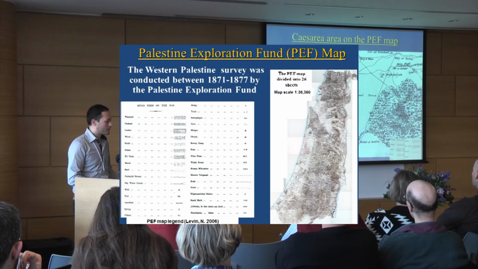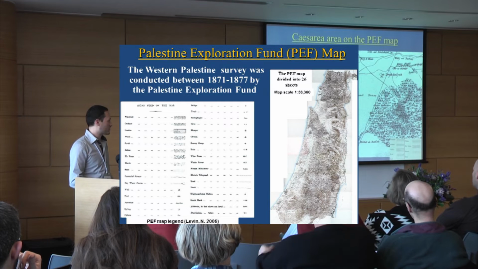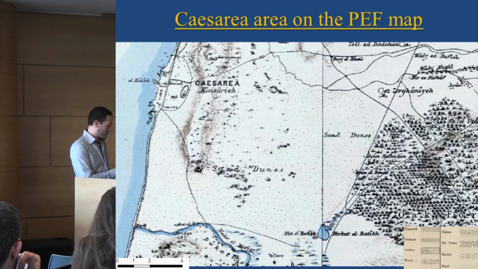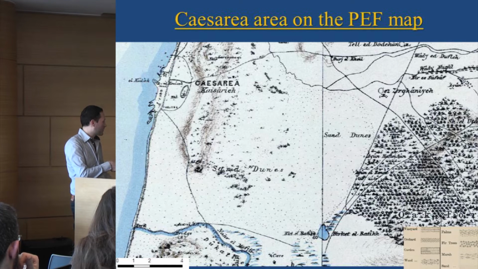Okay, so here, just to give you a taste of how things have changed, we have the PEF map of the Caesarea area. The half circle is the walls of the old city of Caesarea. Here we have the river. We also have a wood, an oak forest. And we can see